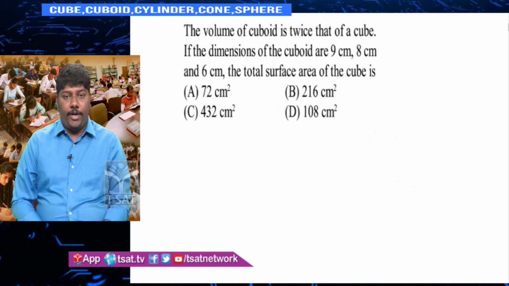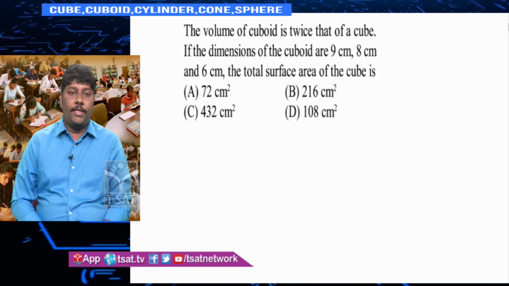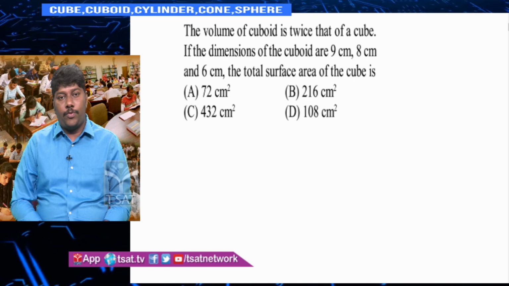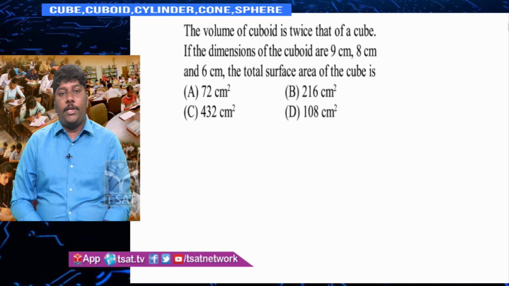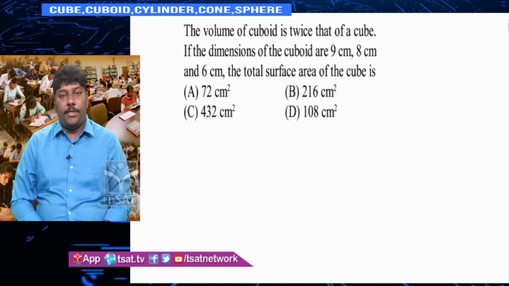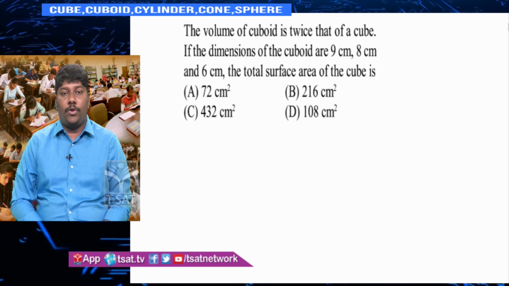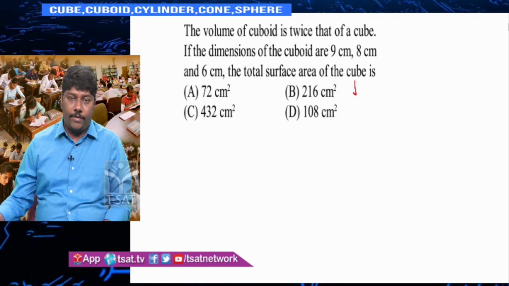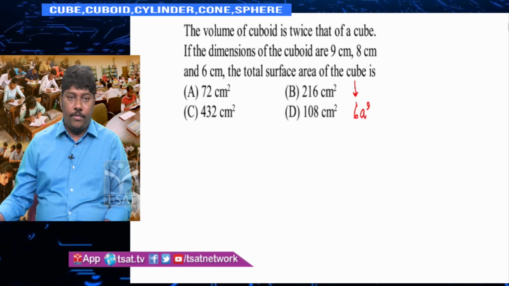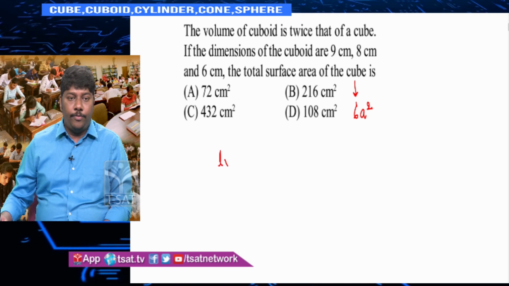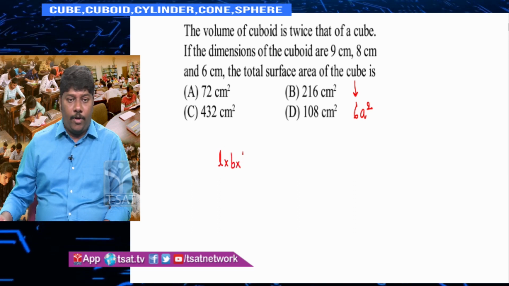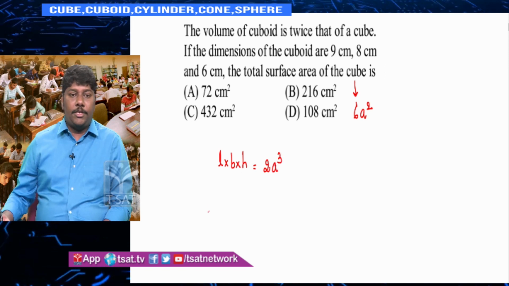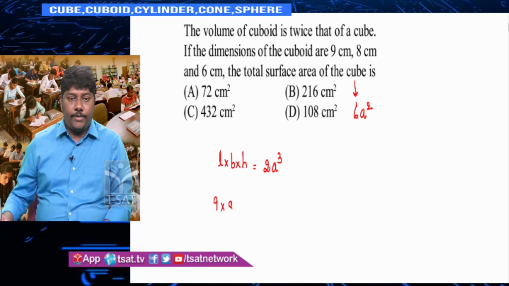The volume of the cuboid is twice that of a cube. So this problem is related to cube and cuboid both. If the dimensions of the cuboid are 9 centimeters, 8 centimeters and 6 centimeters, find the total surface area of the cube. So you need to find the total surface area, which is 6a square. When it comes to volume, L into B into H. Volume of a cuboid is 2 times the volume of the cube, that is a cube. Dimensions of the cuboid are given, 9 into 8 into 6